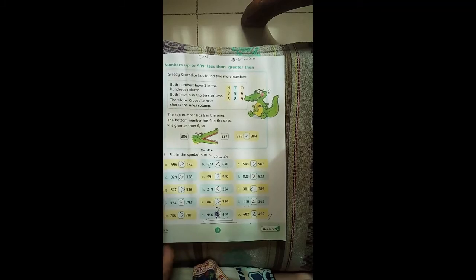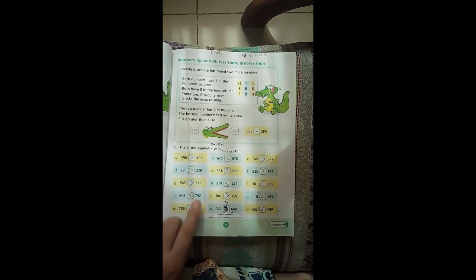Okay, grade 2, I hope all of you are clear on the concept of greater than and lesser than for 3-digit numbers. In today's lecture we made a comparison for 100s place value. If the 100s place value is the same, we compare the tens place value, and if the tens place value is the same, we compare the ones. All right, these are the 3 things we discussed in the lecture. I hope you have cleared these concepts.